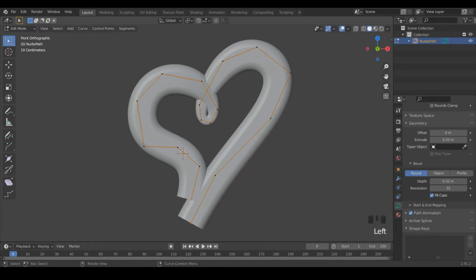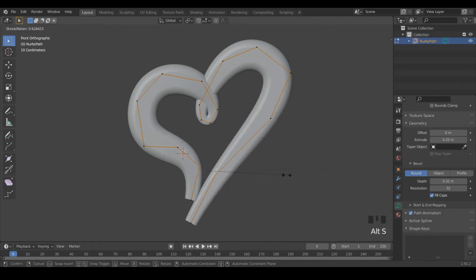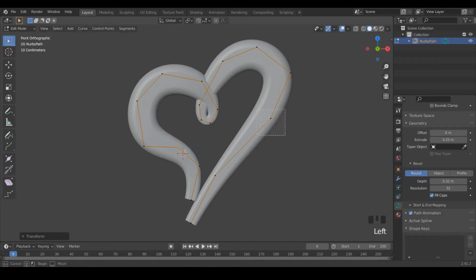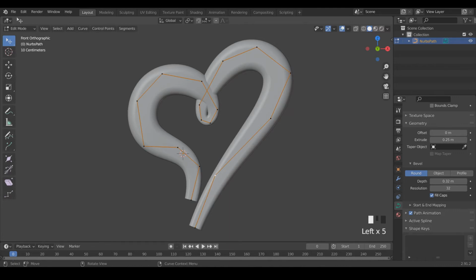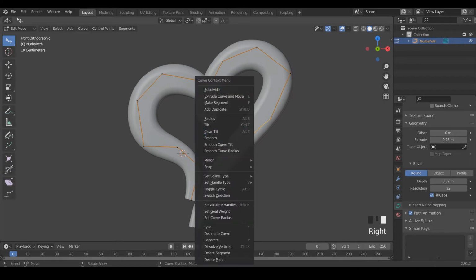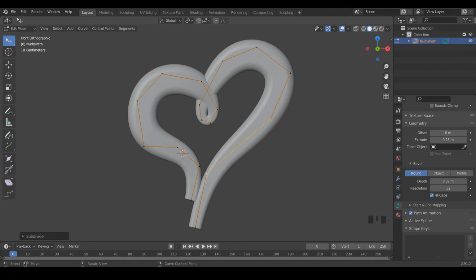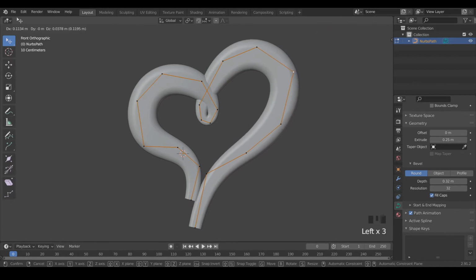Now I'm just going to do the same with the ends of the heart and then kind of work my way around the curve. At this point, it's really just going to be a matter of going back and forth and changing the vertice thickness to find the right flow that we want. You can see in between these 2 points, I'm going to select them and right click and just hit subdivide to add another vertice in here. And then kind of just start pulling stuff around to get the right look that I'm going for.